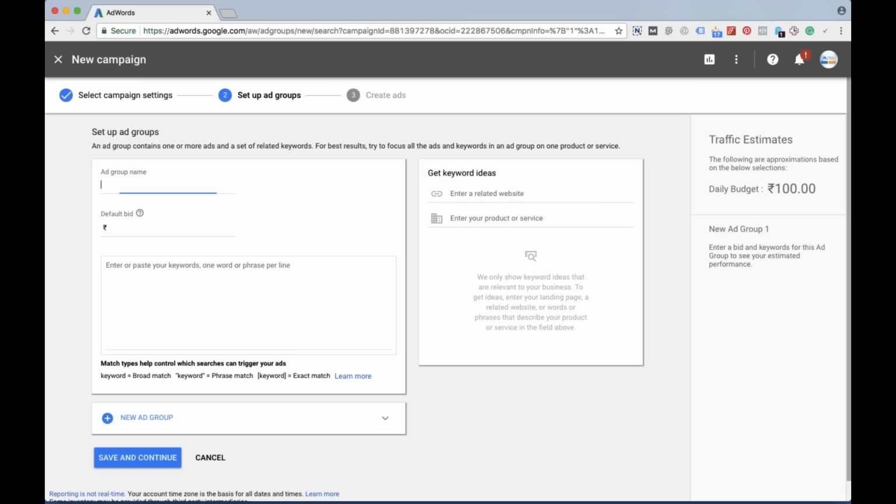In the ad group, let's say web designing course, default bid equal to 10 rupees. Enter the keywords here.